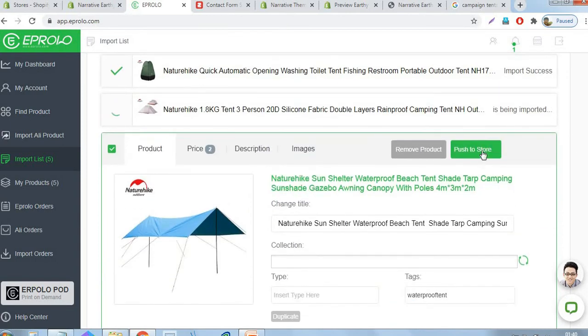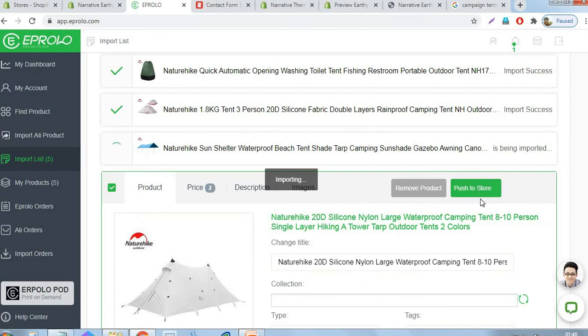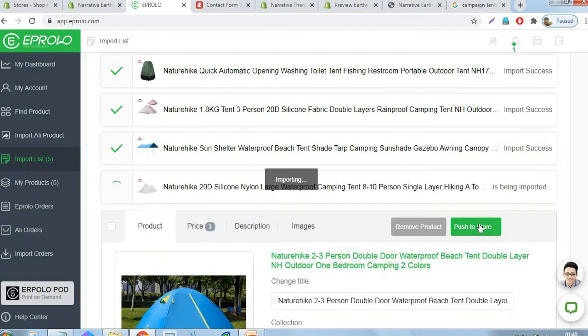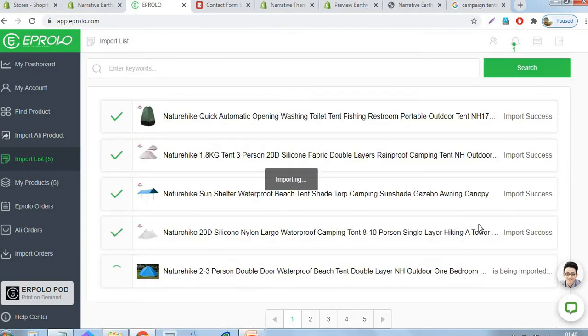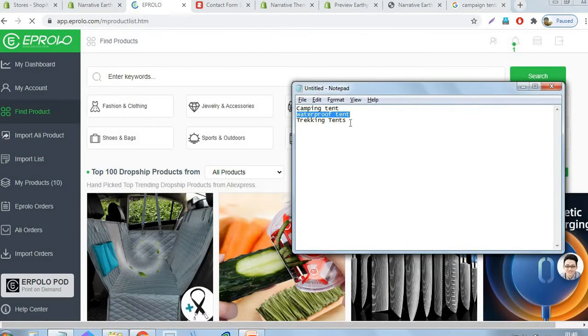Okay, we added new products to our new category, waterproof tents. Then we are ready to add new products for the next category. That's trekking tents. Trekking tents are actually a good selling category.